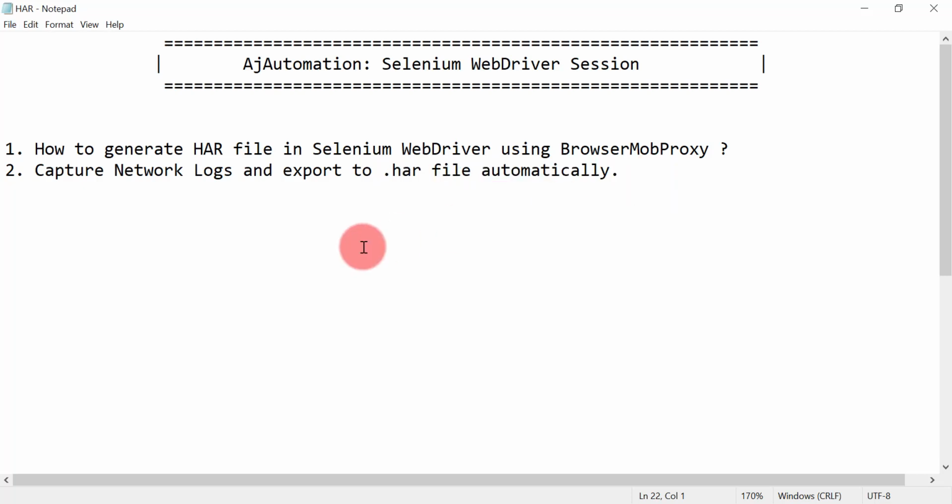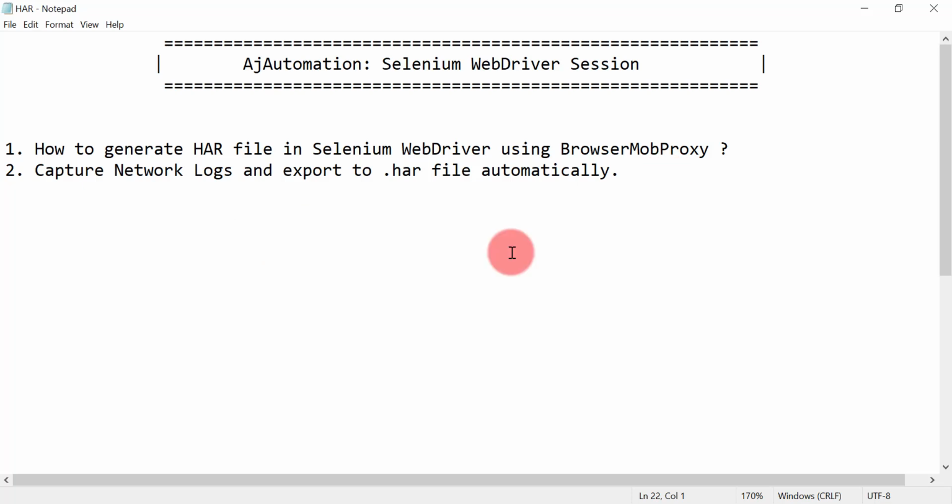Okay, so whatever code I am going to share with you, that is what I am using in my project, and it works for me. So I believe that code should work for you as well in your project. You can do some modification according to your requirement in that code, but if anything doesn't work, or if you find any different code using BrowserMob Proxy, please do comment in the comment section under this video, or you can send me an email as well, so that I can create another video that can help all the automation engineers.